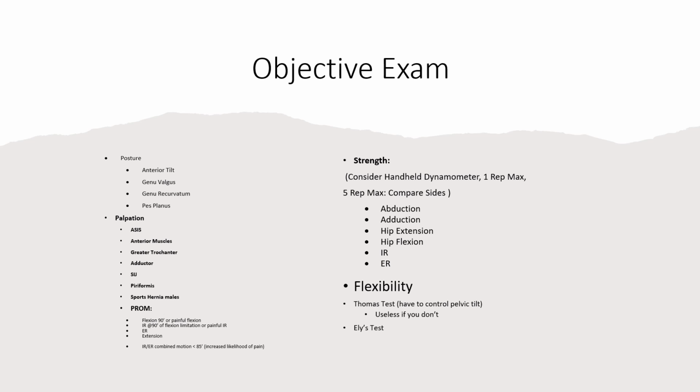Then we're getting into passive range of motion. We're actually getting our hands on this hip. And we want to see what happens when we take that hip into 90 degrees of flexion. Is it painful? Is it painful beyond 90 degrees of flexion? Do you have a bony block there? Does that bony block take you out into abduction? So knowing the feel of what a good hip should feel like is super important in the objective exam and